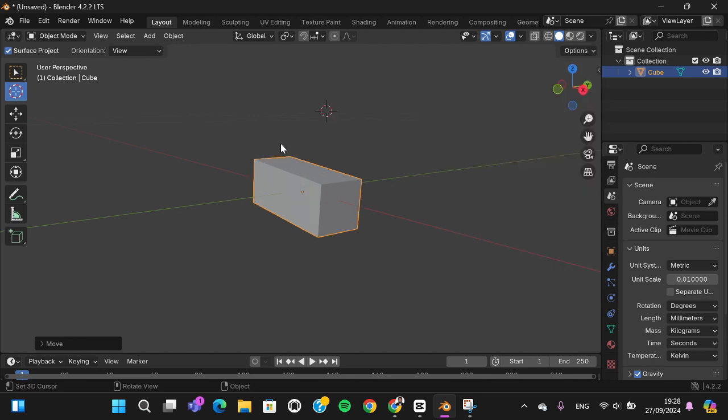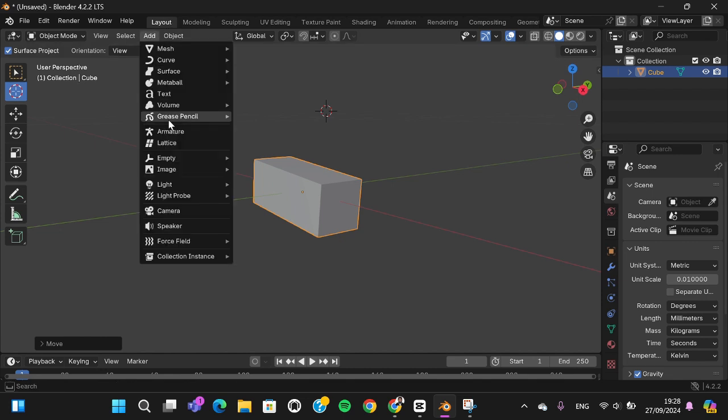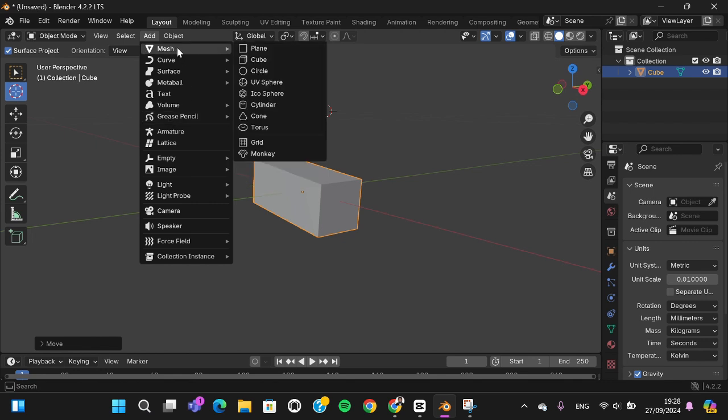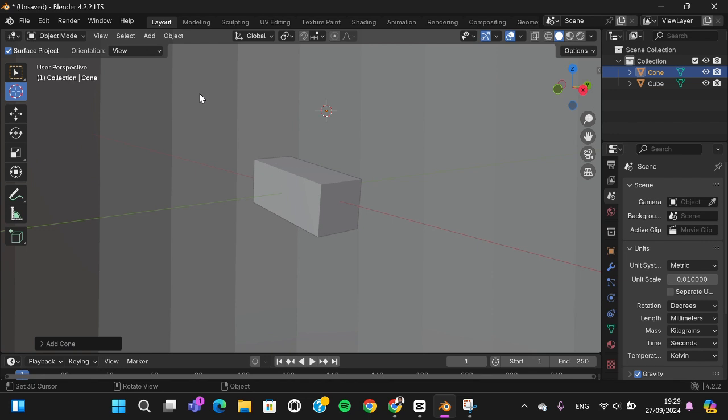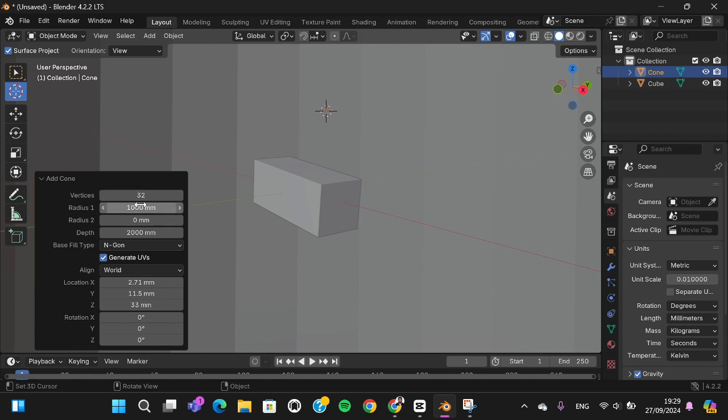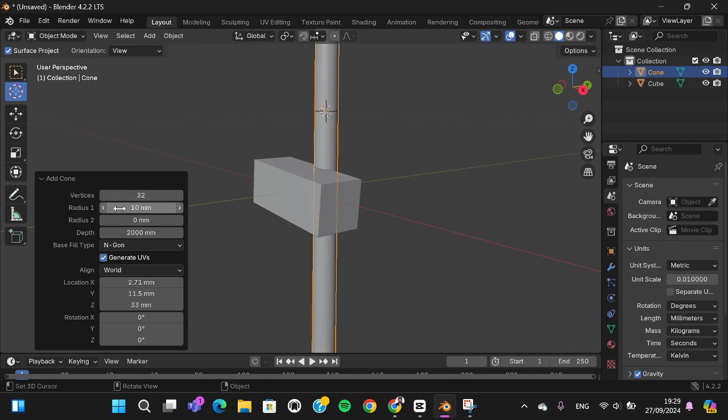Alright, and if you want to add more objects, you just need to go to the add menu, and then here you can add curve, surface, metaball, or text, or grease pencil. But here I'm just going to add a mesh, and I'm going to select cone. Okay, then we can go to this option, and here we'll be able to customize the dimension. I'm just going to add like this. For the depth,